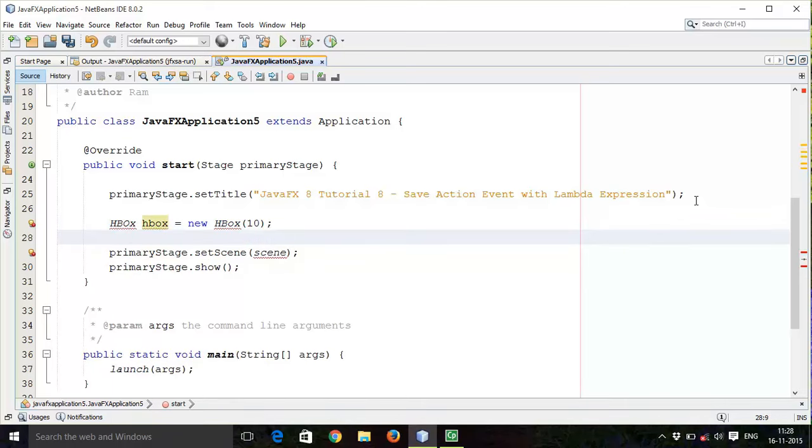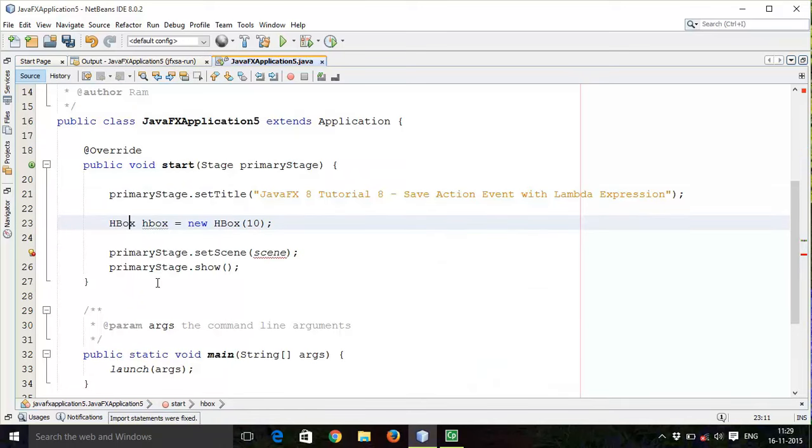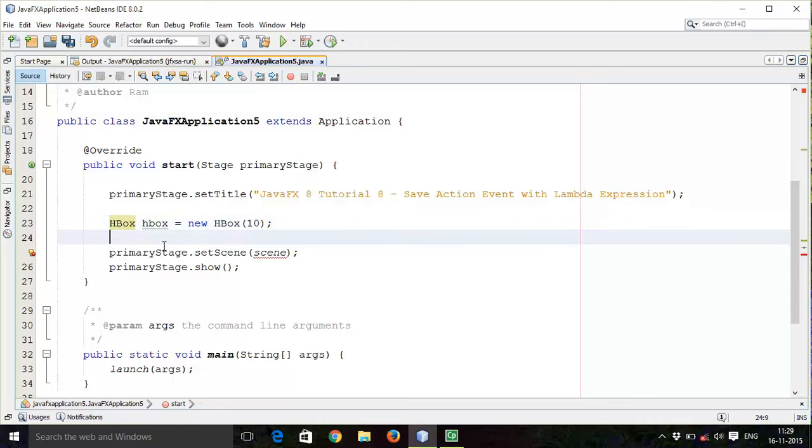So next, fix the import. So it will add the import for HBox. Then add a scene.